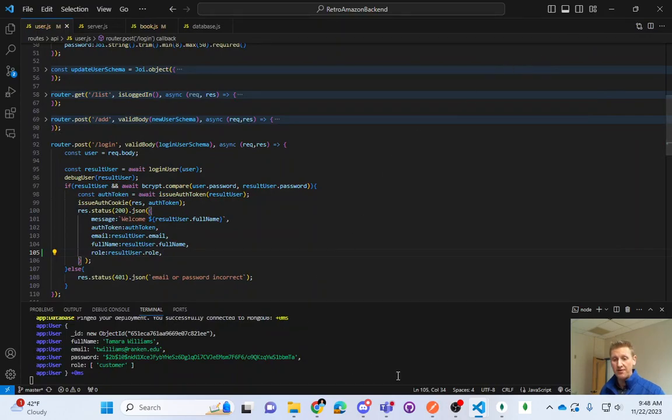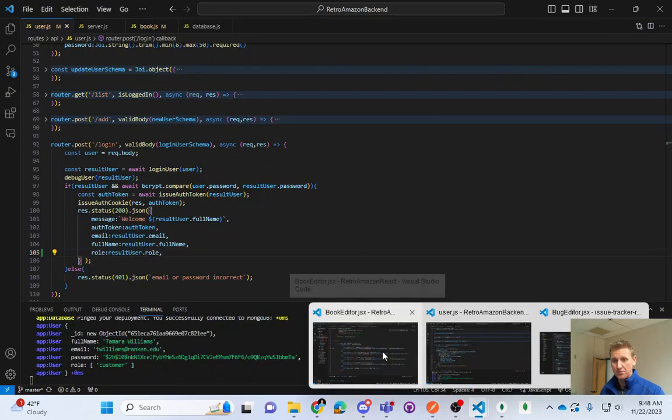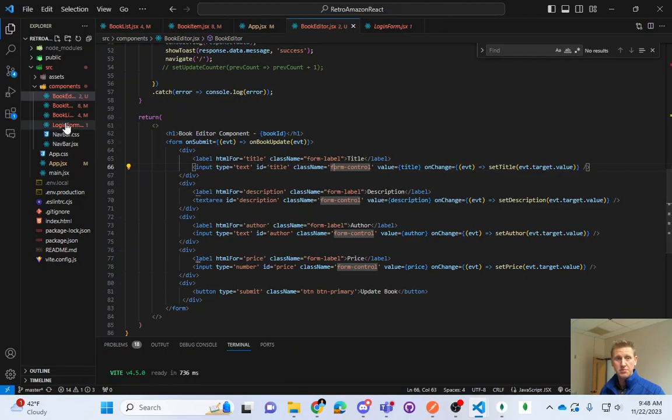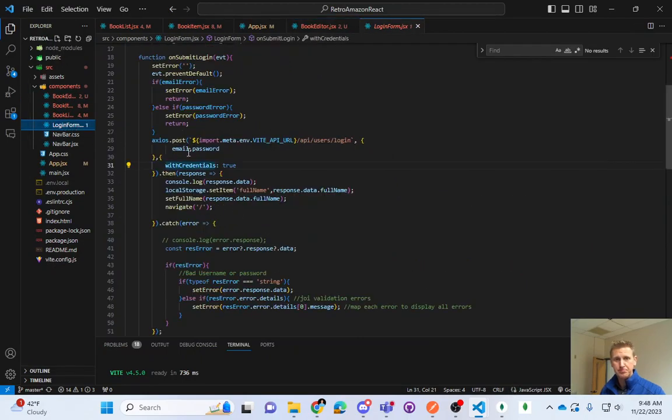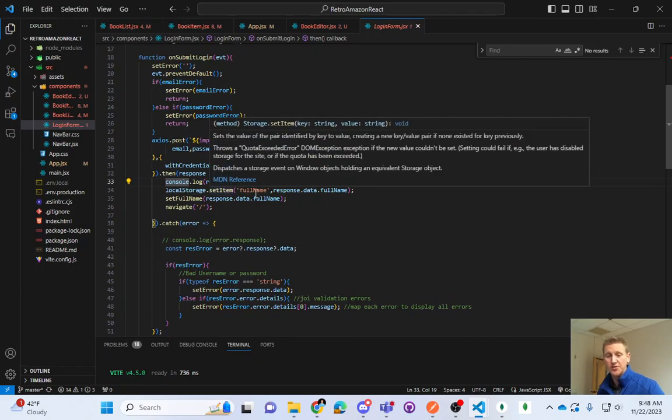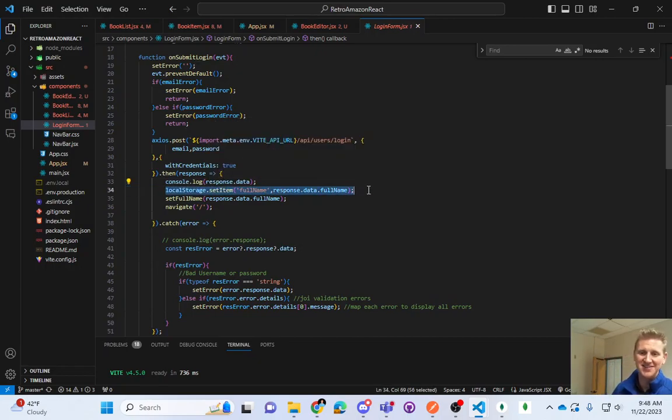Okay, now when my front end logs in, and I go to my login form, we need to, well, we need to store that data. And what I don't like here necessarily is that I'm just storing my full name. And this is going to break my nav bar if I do this. But if I just set my user,